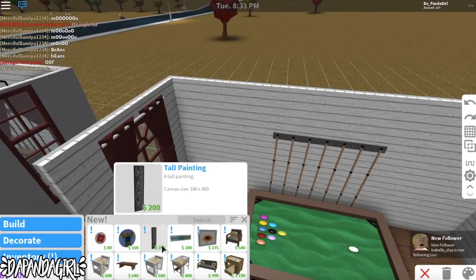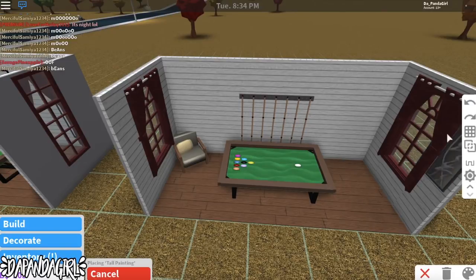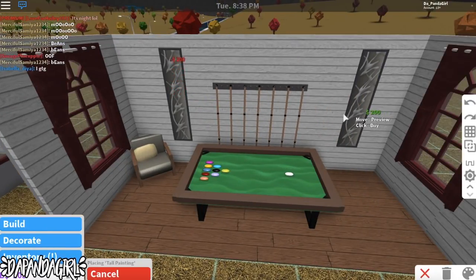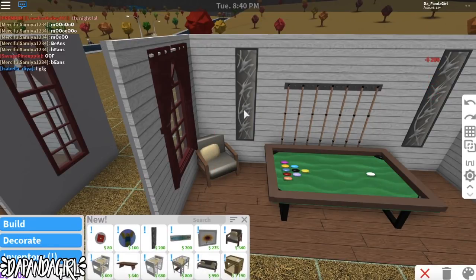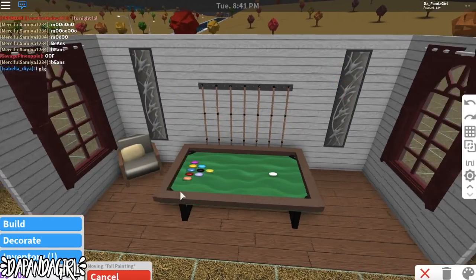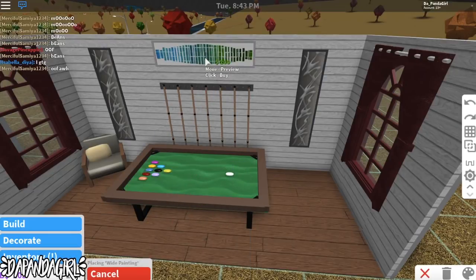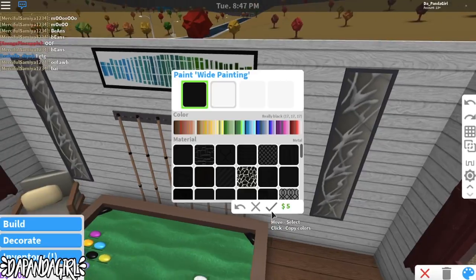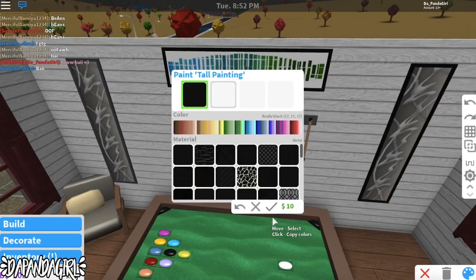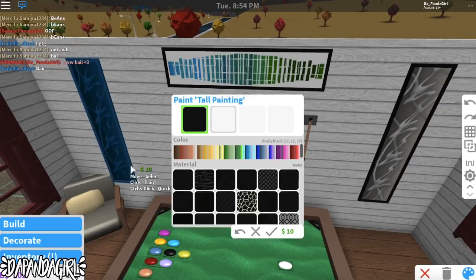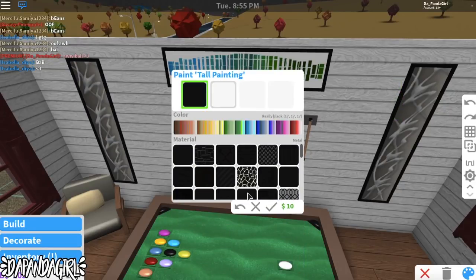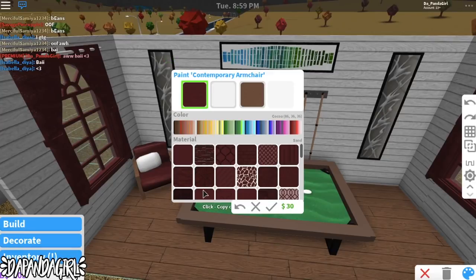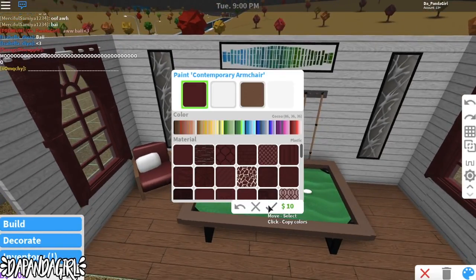Next, we're going to be putting in this painting, which is a vertical one right here. I think that's this way. There we go. And next, we're going to be putting in this one right over here, so it looks like it varies. I'm going to be outlining it a black color because I feel like it looks really good, black and white, for like game rooms or something like that. Instead of just taking the time to find another color for this, I'm just going to keep it this red